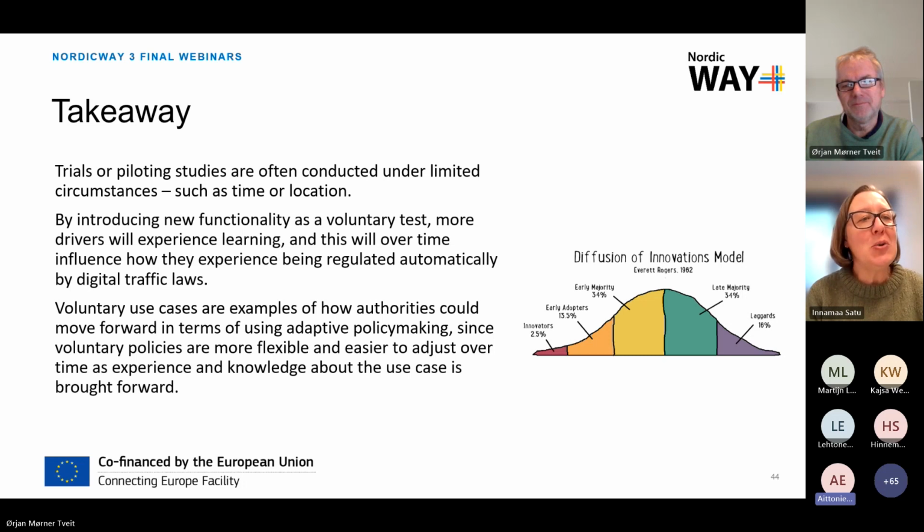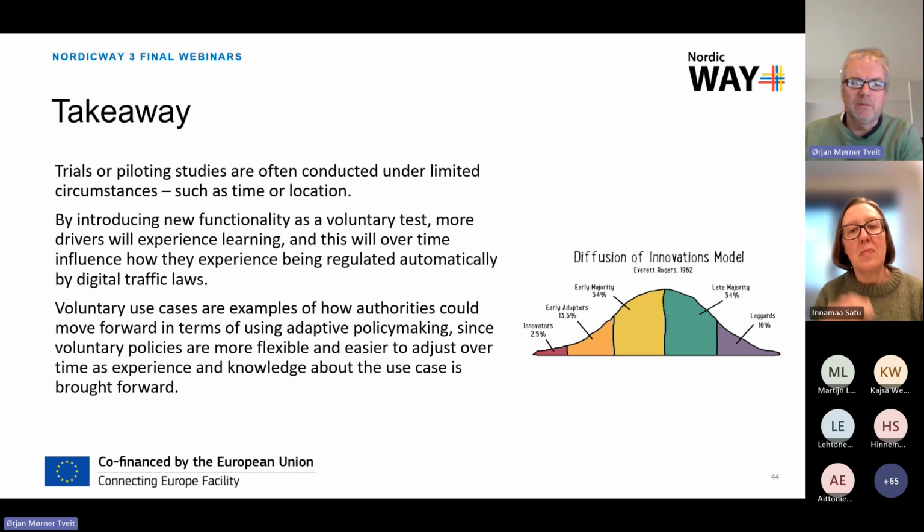So in Norway, you are doing very much of this learning by doing type of approach. So what do you think are the biggest benefits in just trying it out in practice? I think that it's a good way of learning how people react to it, but we have the same problems that you do in Sweden and Finland, because we tend to do a lot of piloting, and it's difficult to move from piloting to implementation. So it's a different way of studying how people would react to new functionalities.